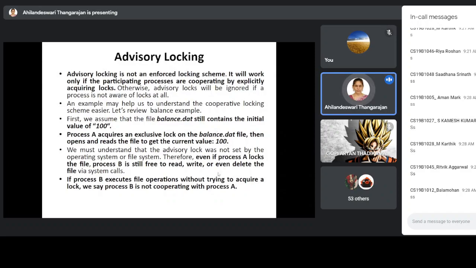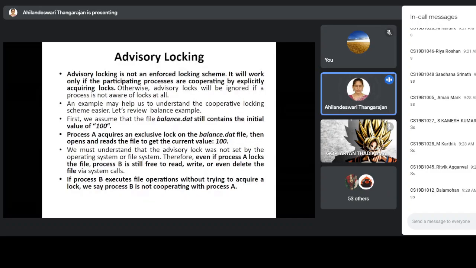In the meantime, process B wants to access the file. It is not acquiring a lock. Without acquiring a lock itself, it can access the file. That is the meaning. Okay. So advisory locking is not a compulsory one.